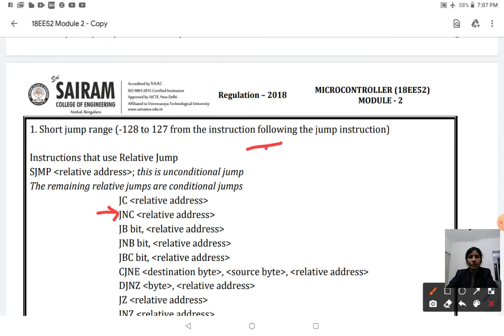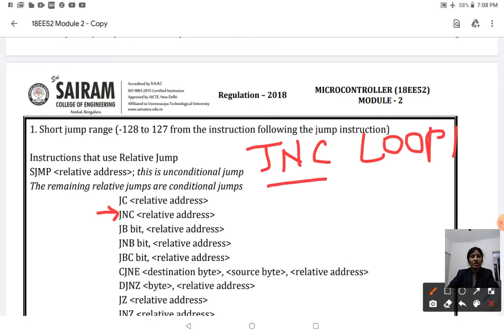If you use JNC loop 1, and your carry bit is 0, that is, you don't get any carry after an addition operation, then it goes to loop 1. This is used mainly with arithmetic instructions.